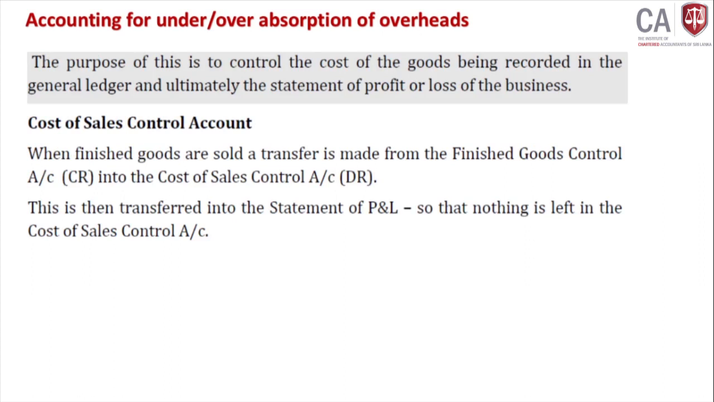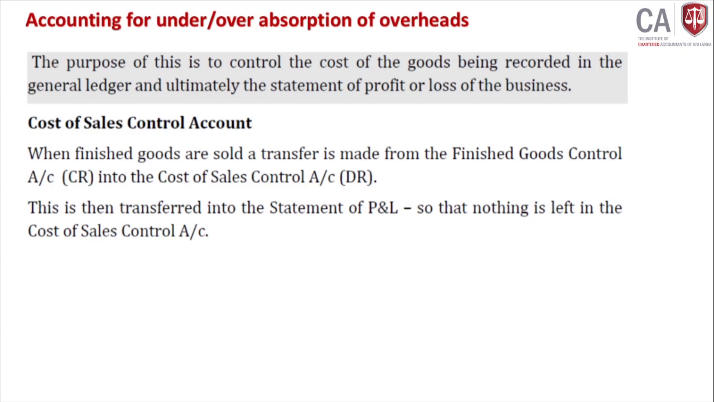Here, look at this. The purpose of this is to control the cost of goods being recorded in the general ledger and ultimately the statement of profit or loss of the business. Cost of sale control account. Finally here, cost of sale control account. There you will record what? When finished goods are sold,